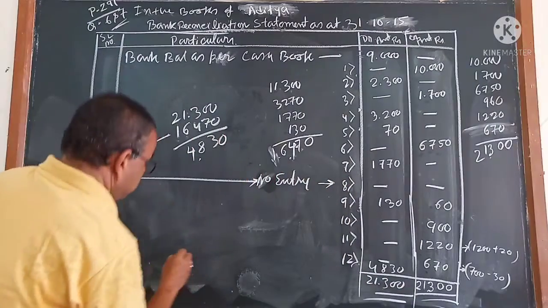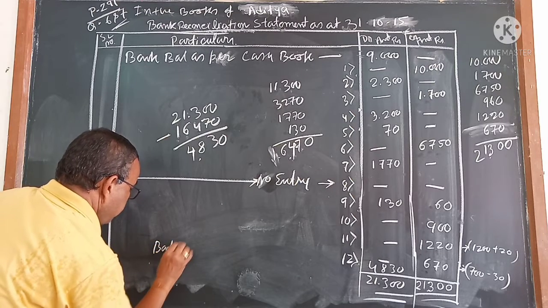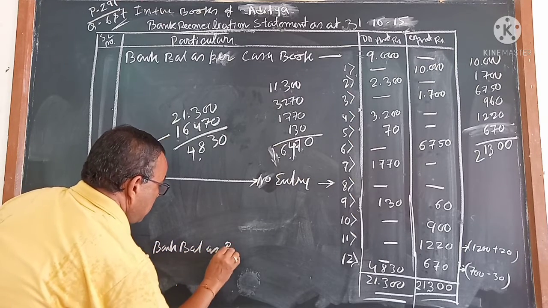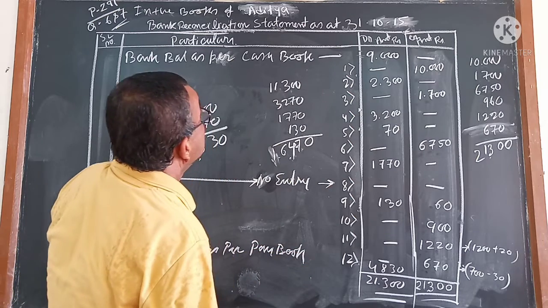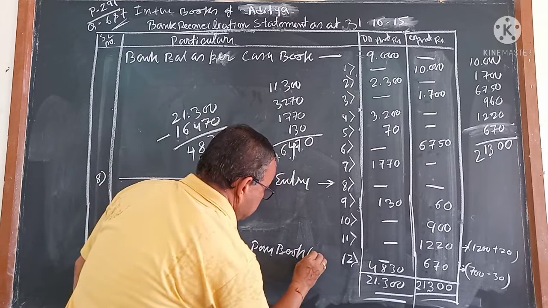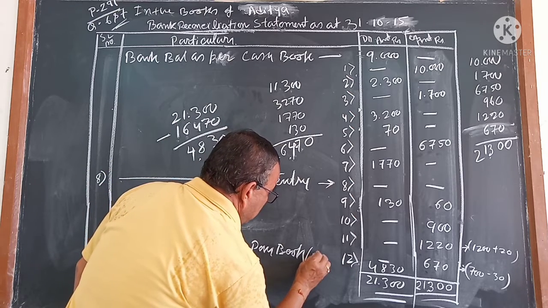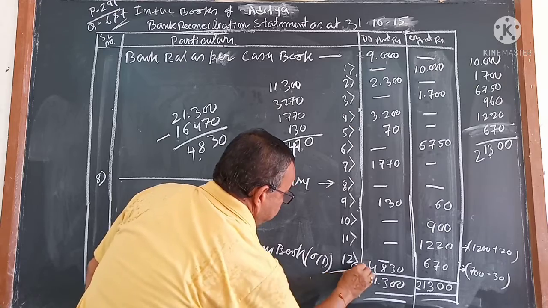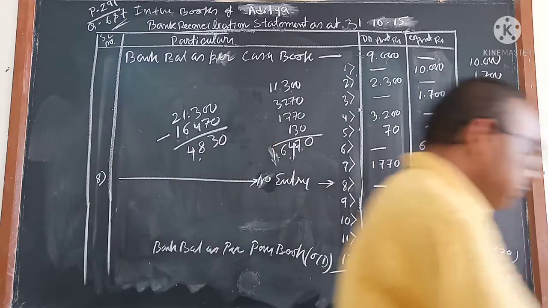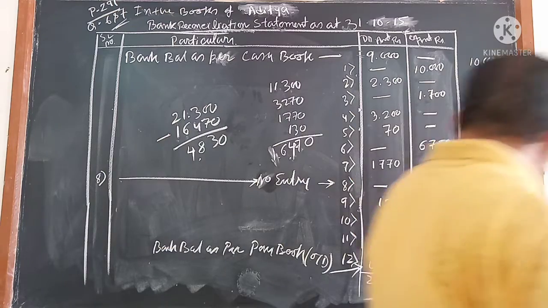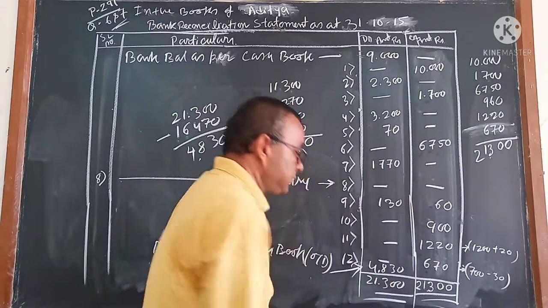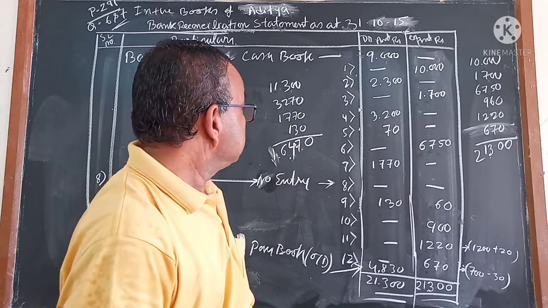This is cash book means passbook. You have to write it here: bank balance as per passbook. Is that it? Cash book, debit or passbook. Here you have to write OD over there. See, I have done it for adding. If there is a mistake in the add list, please check that. Now your answer is correct. I have seen the answer from your book. The answer is 4,830. Correct?